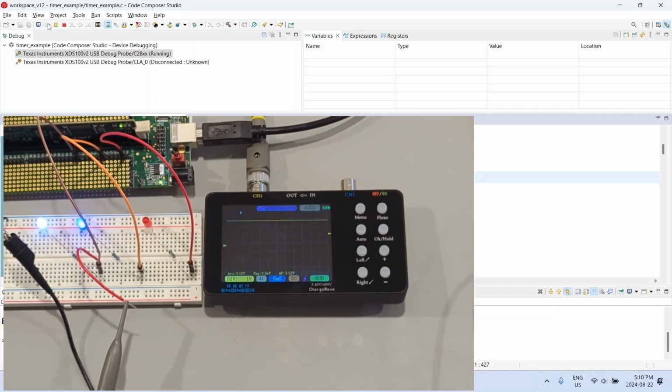One interrupt has been generated, we have toggled the pin, but after that, because we did not acknowledge the group bit in the peripheral acknowledge register, no further interrupts will be generated from that group, and this implies any timer 0 interrupts which the timer produces will not go through to the processor. So the processor will not deal with any more interrupts from that group if you do not clear the acknowledge bit. So I'm going to end the microcontroller video